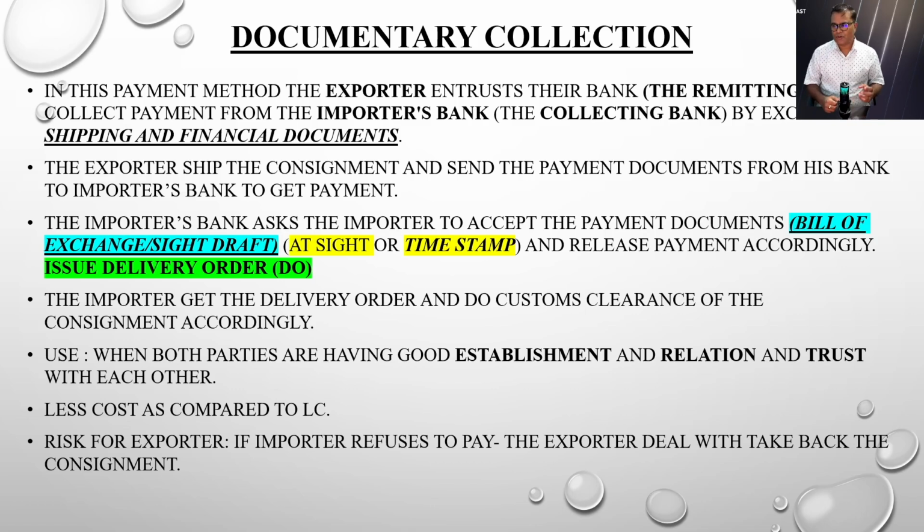They present a bill of exchange, or you can say sight draft. There are two types of situation when the buyer is accepting the payment. He can accept the payment at sight immediately, or he can set a time stamp, saying I accept this payment, but you release the payment on a certain date and time. This we call a time stamp. In both cases, the payment is guaranteed by the bank once it is accepted by the buyer. So the bank releases that bill of exchange or sight draft payment to the seller's bank once the buyer has agreed.